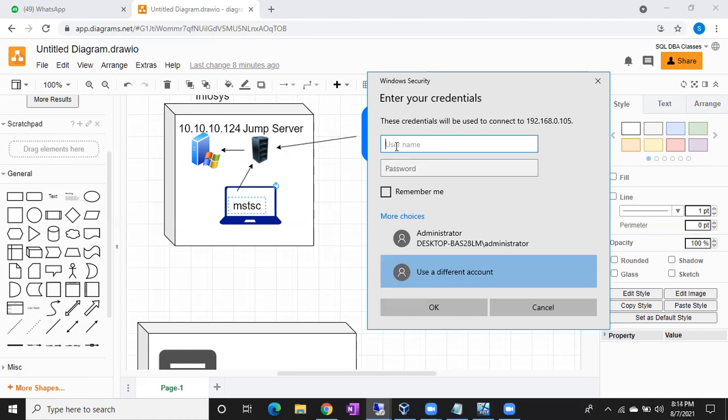That is called an elevated account. The one which you are using to log into your work laptop is a different login. The one which you are going to use to log into the Windows servers or office servers is a different account. To create that account, usually it will take time. That's why once you join an organization, you may not be able to work immediately. Why? Because they may take 2 or 3 weeks to create a special account for you. You are going to use that special account or elevated account to log into the Windows servers directly.